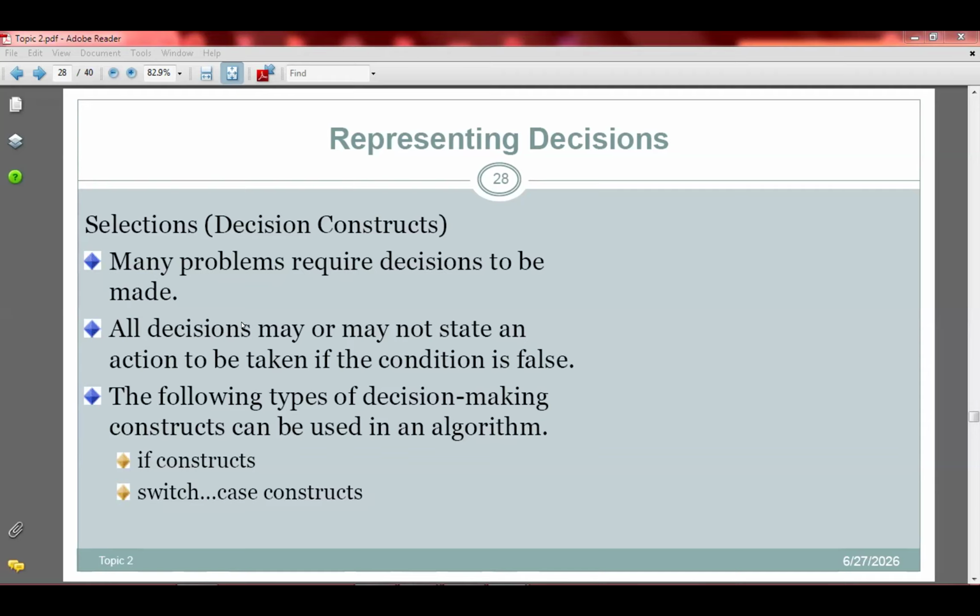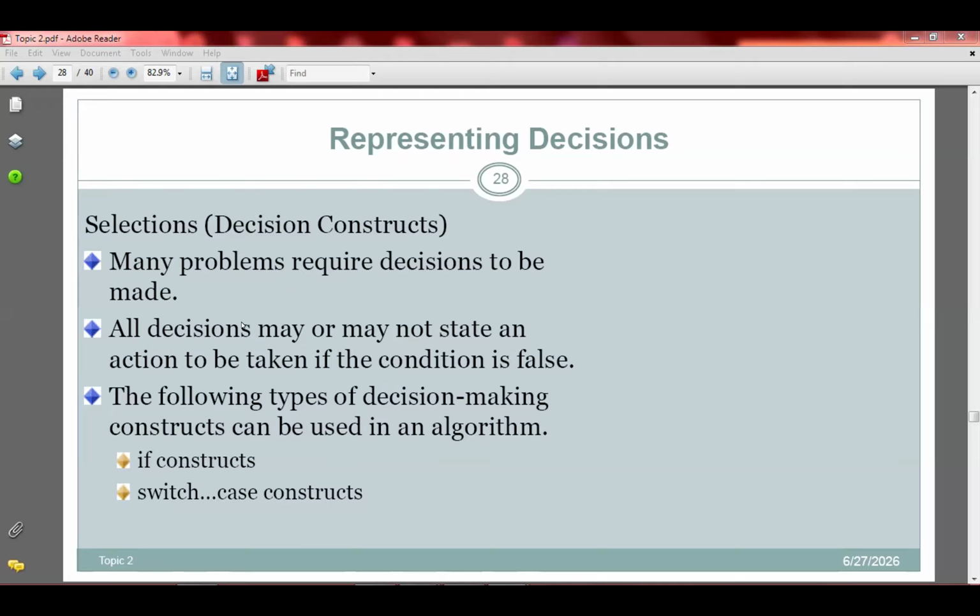So I'll continue with decisions and then the looping construct, or what we call control of flow statements. When you are writing a program, sometimes you need to control the flow of the program. Basically, the processor executes computer instructions from top to bottom, left to right.